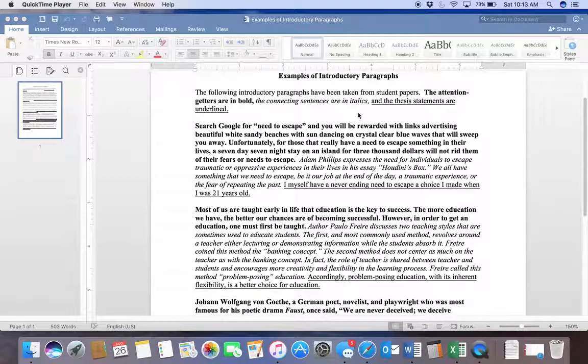I myself have a never-ending need to escape a choice I made when I was 21 years old. Okay, so the first part is attention getter, and you can't just go from that to "I myself have a never-ending need to escape" because that would confuse the reader. So you have to have transition sentences, these connecting sentences. They're like little breadcrumbs, right? Hansel and Gretel breadcrumbs. You're laying them out for your reader so that they can follow you to your